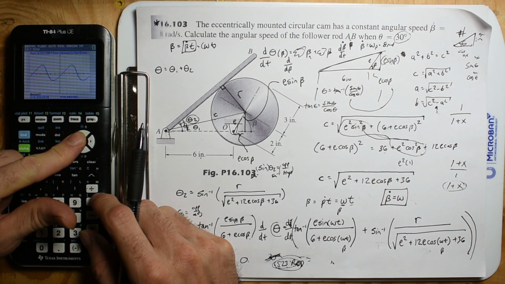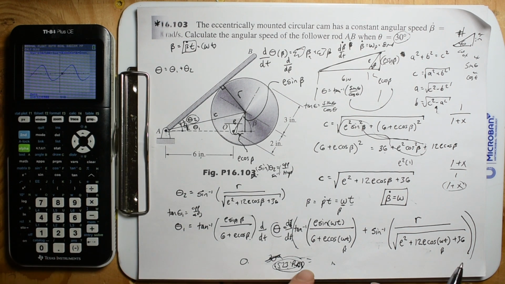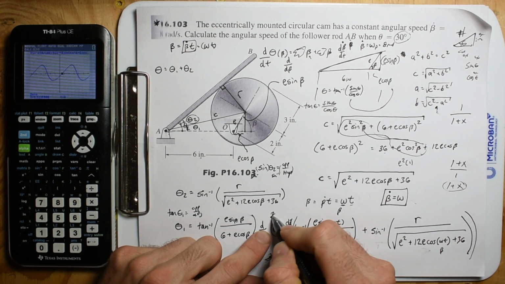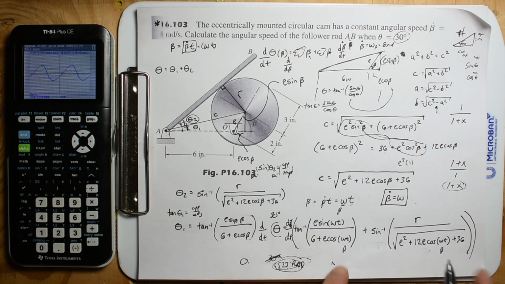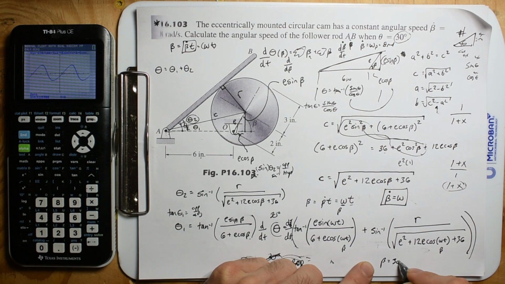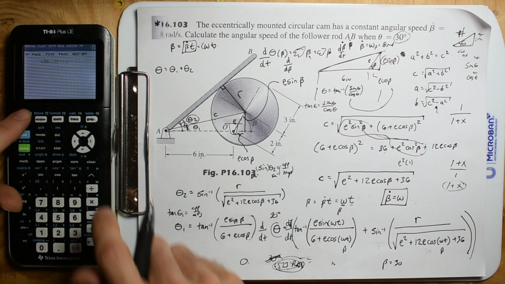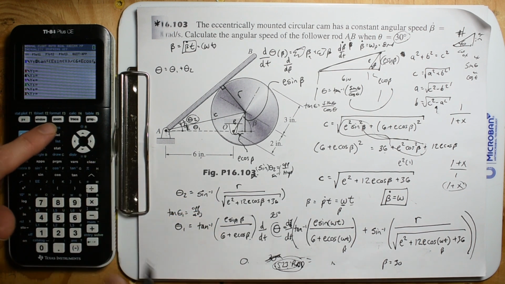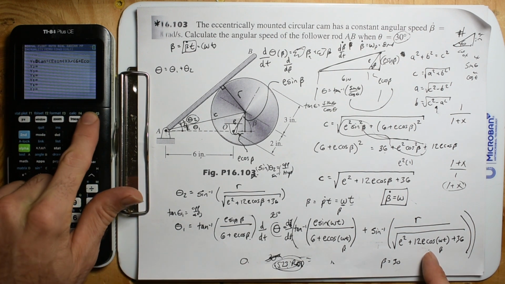And what we're going to get is booyah. So that's going to give us beta when theta is 30 degrees, or 0.5 radians. And we find that beta is also 30 degrees when theta is 30 degrees. Cool. Another way to do that is, if this is the equation for theta, I'm just going to